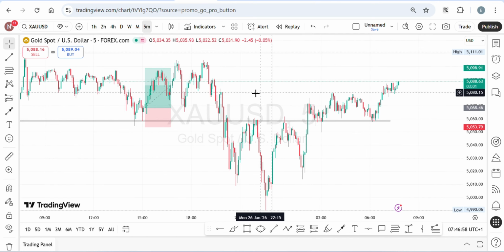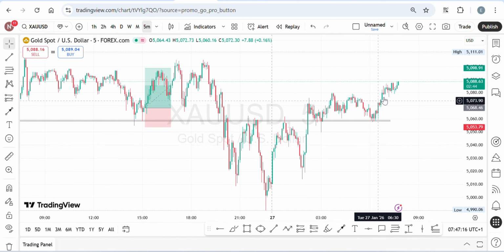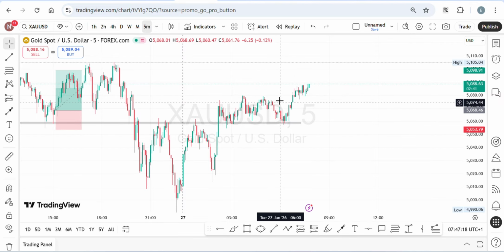And you can clearly see how price has been respecting these key levels. Although we did not take any position from here because this was late New York session, probably midnight, and now we can see a new day. We have price still respecting this level at the early hours of London, and we expect price to continue higher,